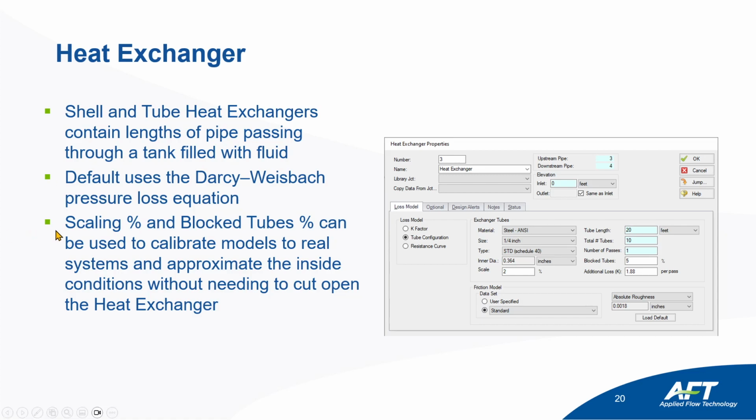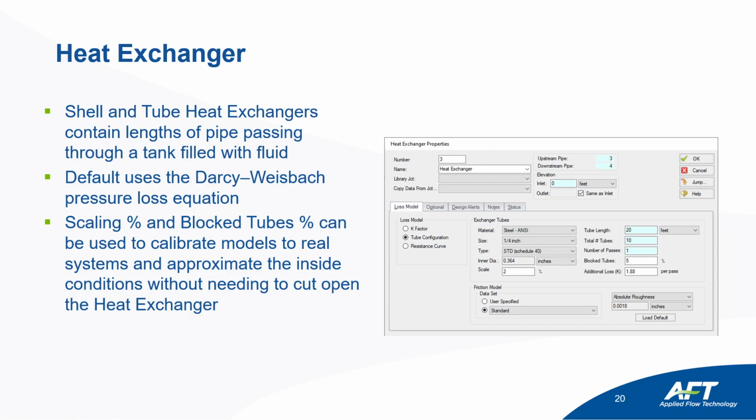You can also change the scaling percentage, such as if those pipes are corroding over time or getting clogged up, such as blocked tubes. You can enter those values and it will calculate new loops accordingly. This can be very useful when you're trying to calibrate your model to a real system and approximate what is happening inside your heat exchanger. It might not be worthwhile for you to cut open that heat exchanger, and instead you can vary these two values and see at what point you get an equivalent